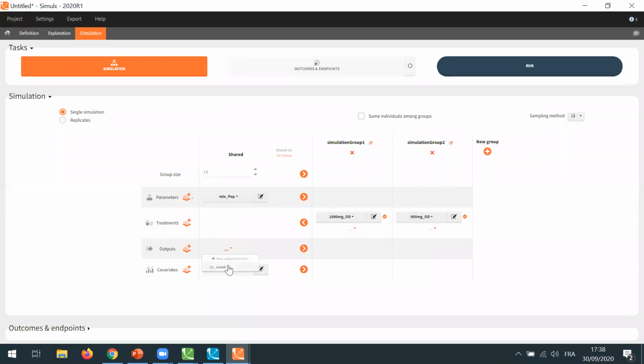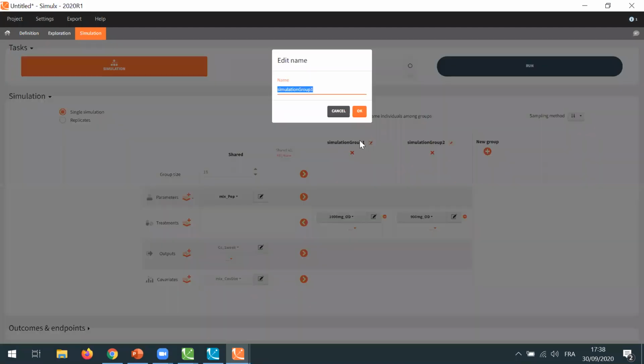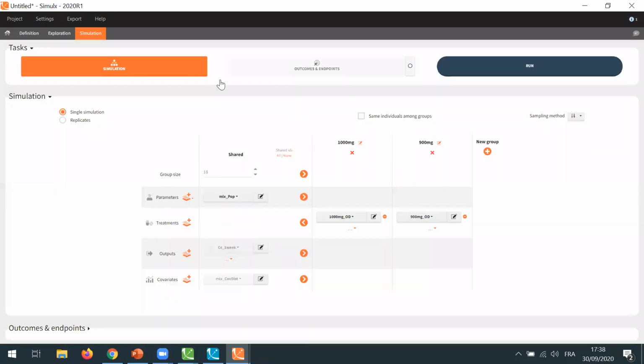For the outputs, I will choose CC 1 week, and I can rename the groups here to have some more meaningful names. So I will call my first treatment arm 1000 milligram and the second 900 milligram. So now I can run the simulation with these two groups.